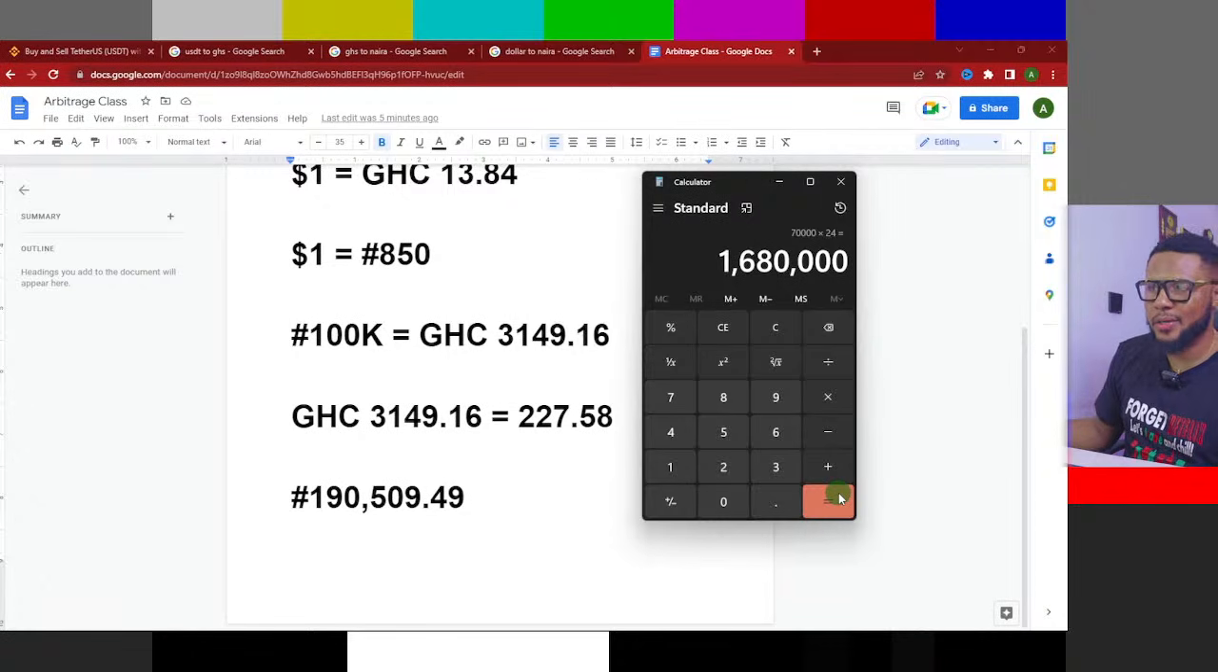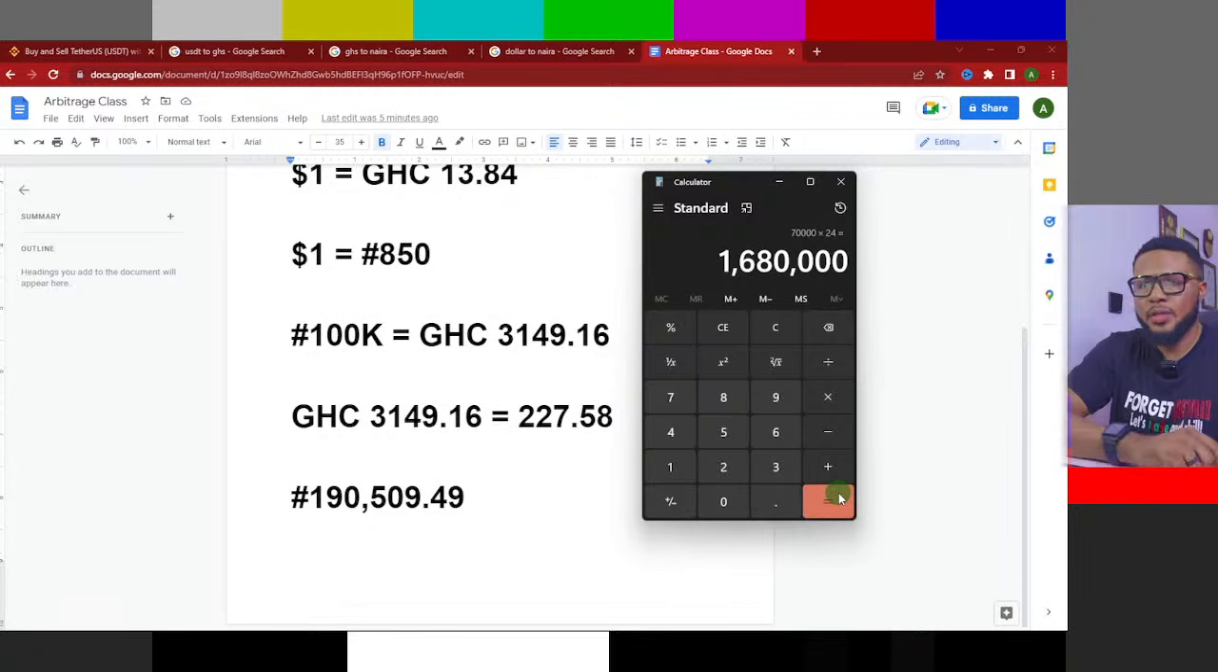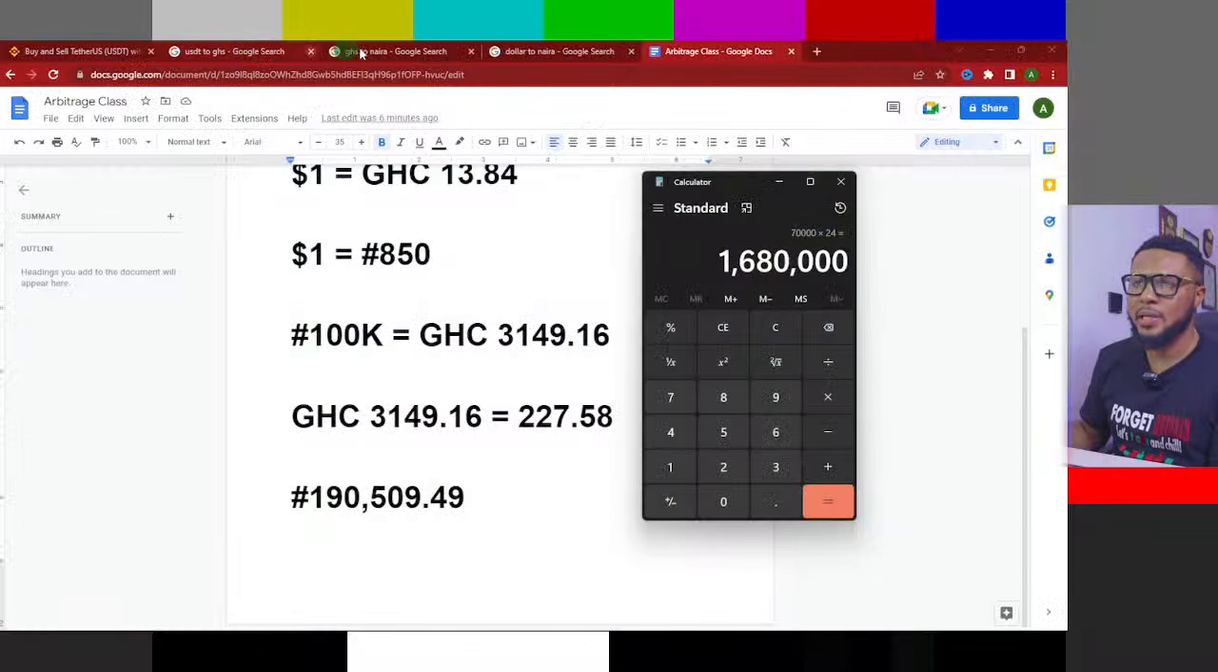1,680,000 naira. That is what you're making in a month. Ladies and gentlemen, this is just with 100,000 naira investment. So when you have gotten to this 1,680,000, you can decide to reinvest and then even get a bigger amount. Let's try and convert this and see what we're going to get. 1,680,000. Let's go to